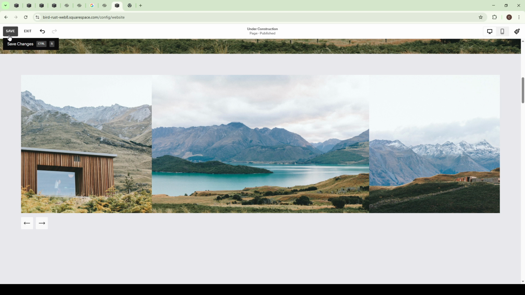And there you have it. Adding a carousel to your Squarespace site is a straightforward process, but it can make a significant impact on how your website is perceived. I hope you find this guide helpful and that your new carousel brings a vibrant, dynamic